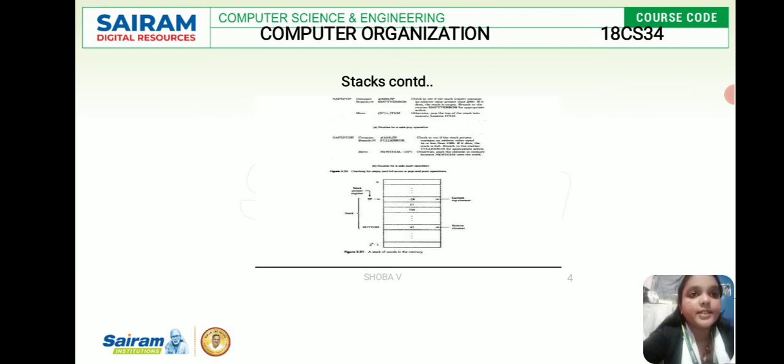As I said, the stack pointer includes 6 bits because 2 power 6 is 64, and the stack pointer cannot exceed 63. In binary we can have 6 ones. So if 63 is incremented by 1, the result is 0. So the stack pointer holds only the 6 least significant bits.